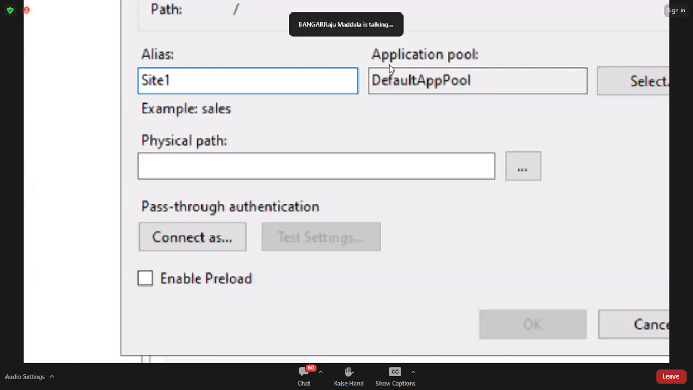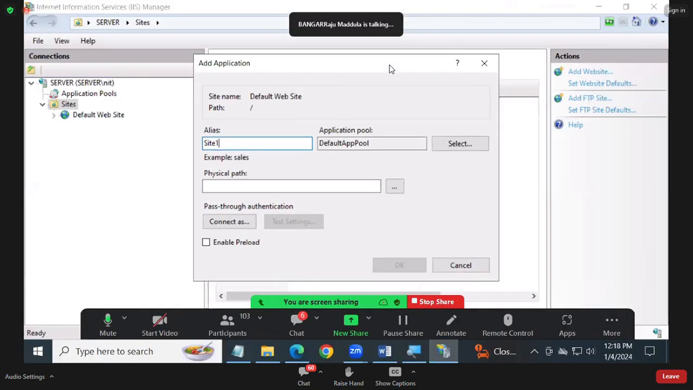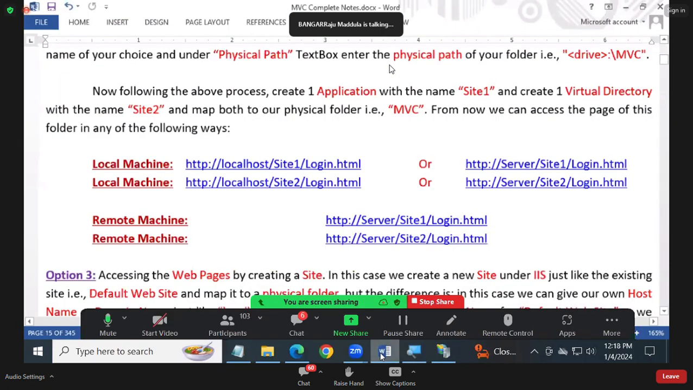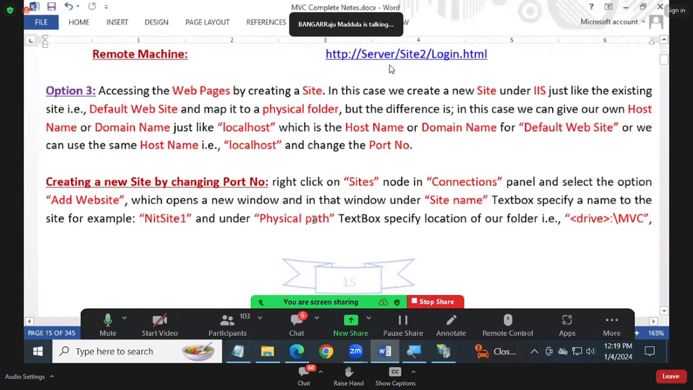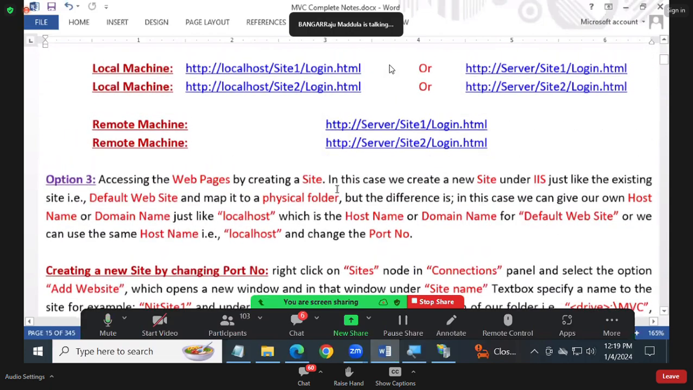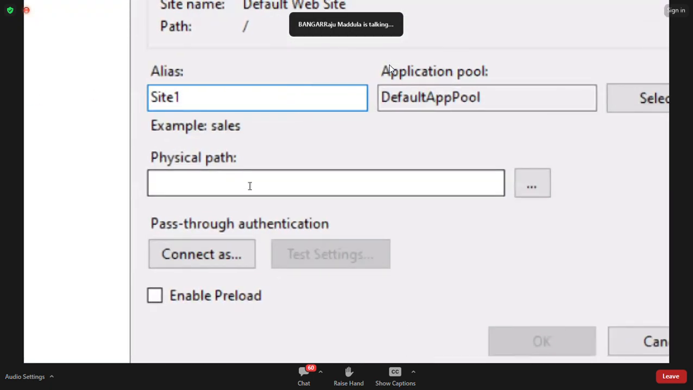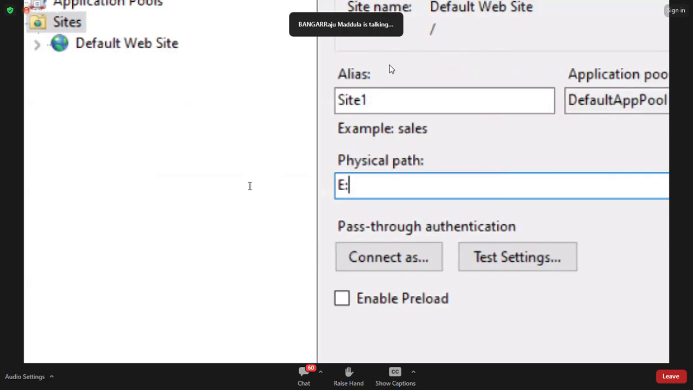What is that? Site 1 is a name I gave in my notes, so I'm using the same name here also. Okay. Well, now here it will ask you, what is the path? Directly provide your folder path now. Ignore the wwwroot tab. Directly go to your folder path. What's the folder path? A drive